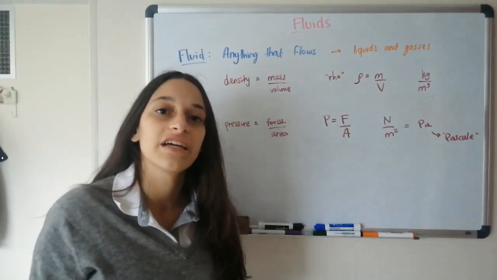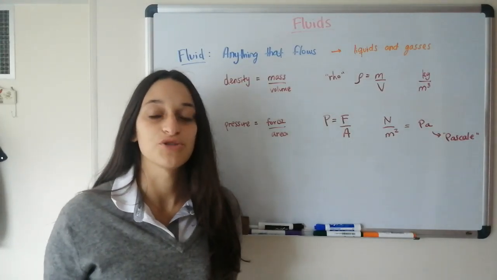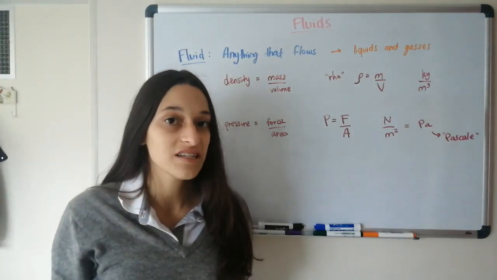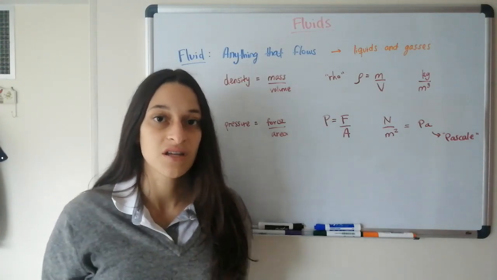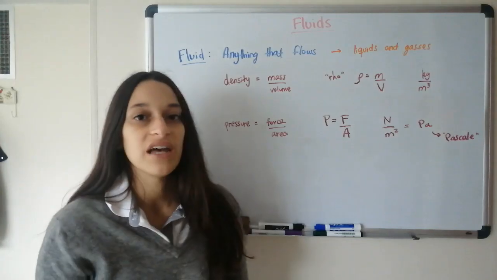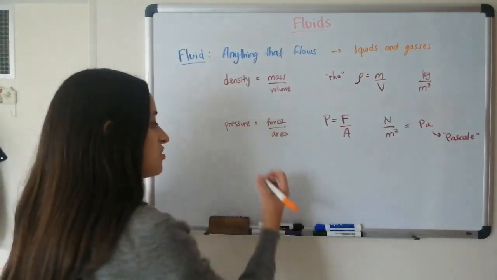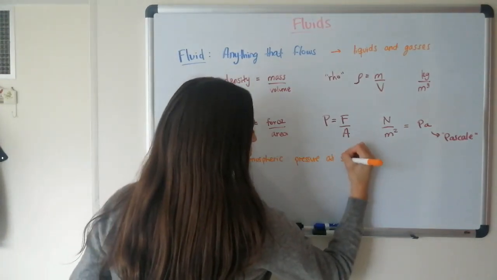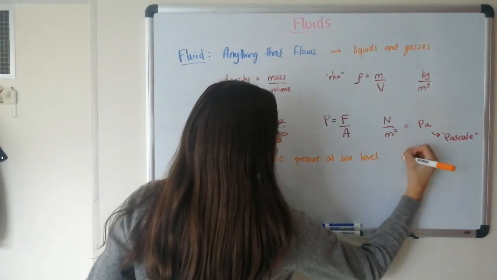So because every fluid causes a pressure, we actually feel a pressure due to all the air that is on top of us. It has a weight, even though it doesn't seem like much, and it's making some pressure over us. So that is actually called atmospheric pressure. It's the pressure that the air makes over us when we're at sea level. So the atmospheric pressure at sea level actually has a value of